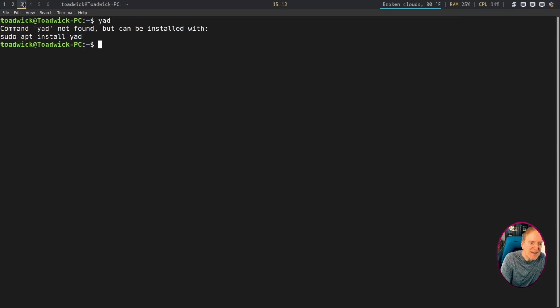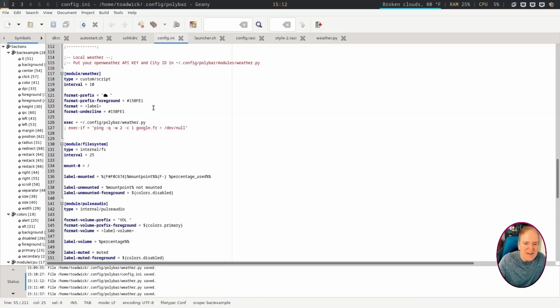So let's see if the YAD is installed, and it wasn't. So I'm going to install YAD, but to load in our wttr.in like I did in our i3 video, I need to build YAD from source because we need to open up an HTML dialog box. But first I'm going to assign the click event. So click-left equals, and then I'm going to put in our YAD code that we need to open up the proper dialog box. So I'm going to type in yad --html